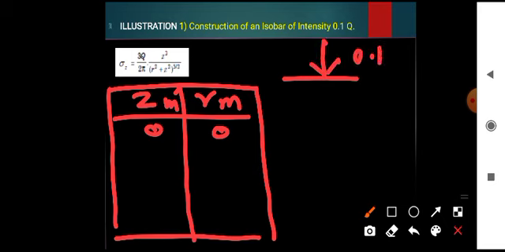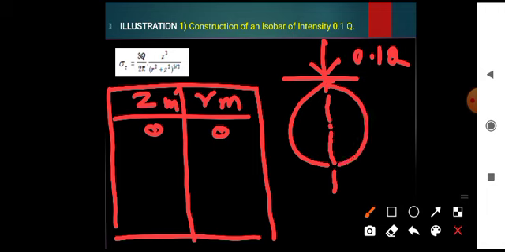This is the point load of 0.1 q, where q is the intensity of the load. Immediately at the surface of the earth, the r value is 0 only. Why? Because the isobar starts like this, going like this. So immediately beneath, at depth z equal to 0, r will also be 0.